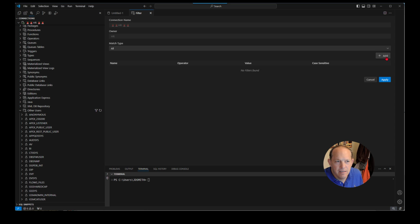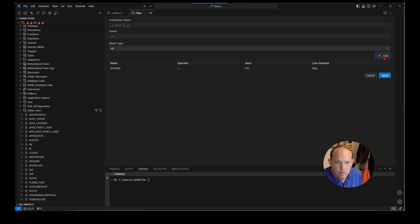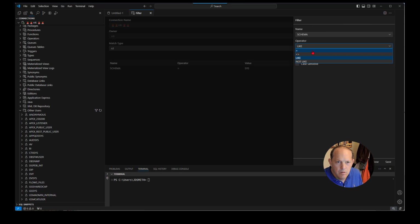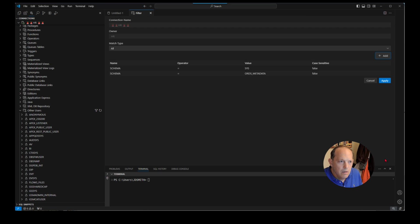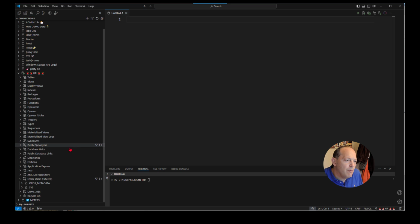I'm going to add a condition. And I'm going to say schema equals sys. Save. I'm going to add one more. Schema equals words metadata. And I'm going to say match condition is any of these. Hit apply. And now my other users list only has the two schemas. And then if I look under sys